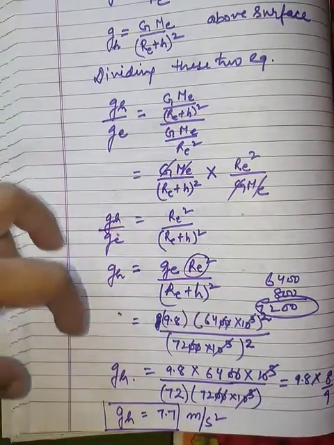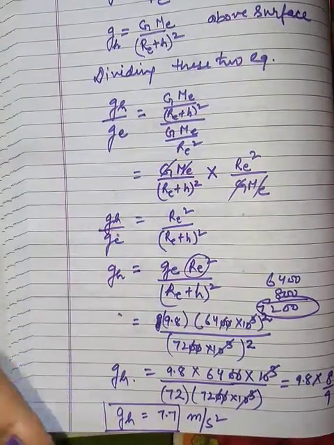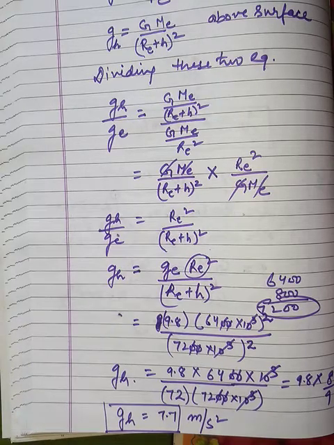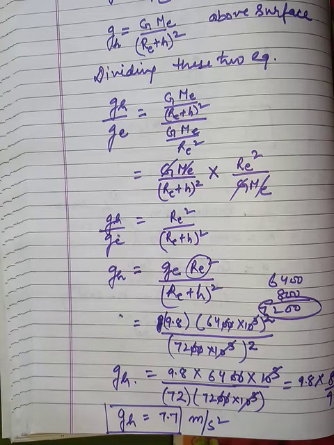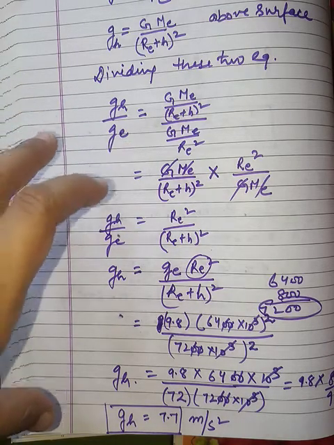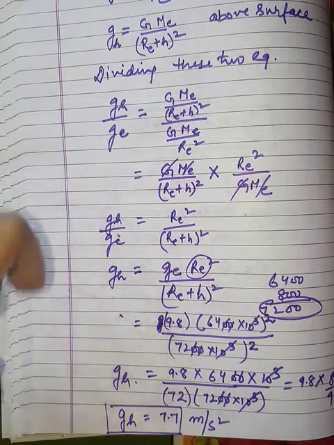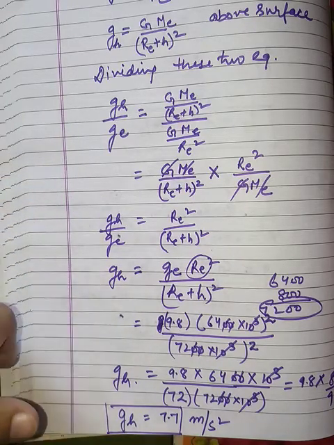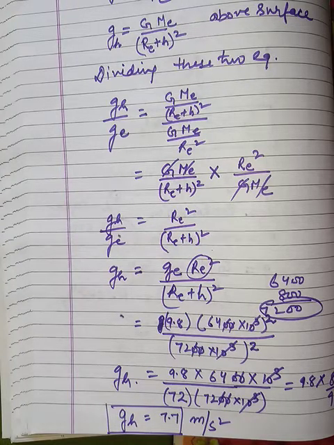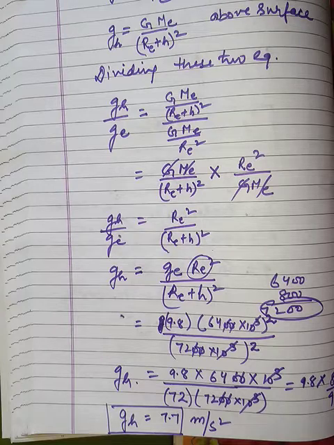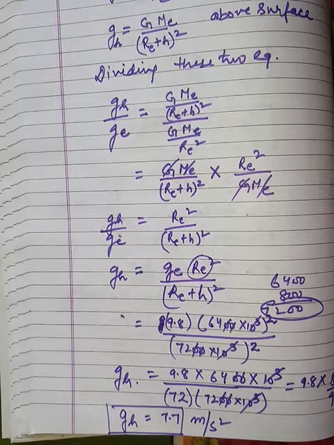So this is how we will calculate these kinds of questions. The next type of numericals, on equations of motion, we will discuss in the next video. I hope you have understood these two types of numericals. The video is already 30 minutes long, so it will be difficult to download and upload also. So I will cover the next type of numericals in your next video, on equations of motion.